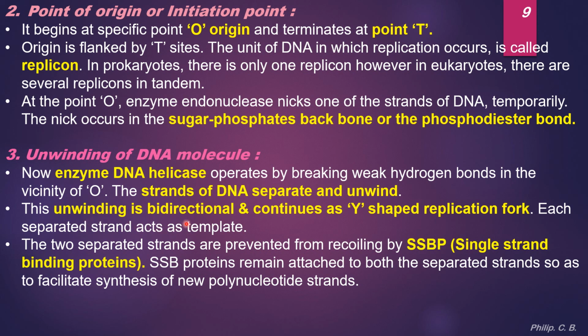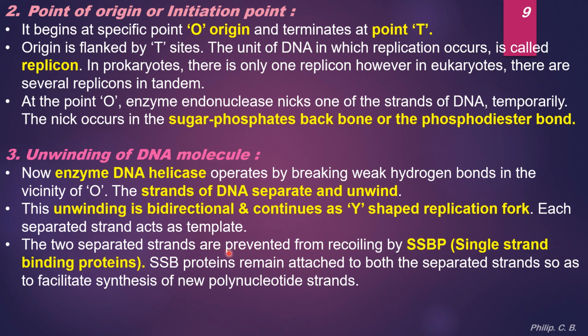This unwinding is bidirectional and continuous, means the process is continuous, and forms a Y-shaped replicon fork. As I mentioned, the DNA replication takes place by cutting at one point and it keeps on opening up, or as I use the term, unzipping. Each separated strand acts as a template. So once it opens up into the Y-shaped structure where there are two strands on either side, each acts as a template,